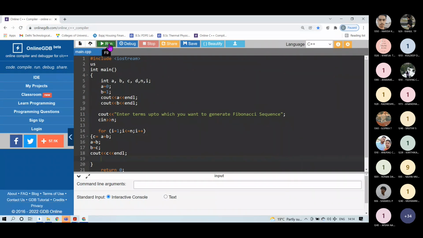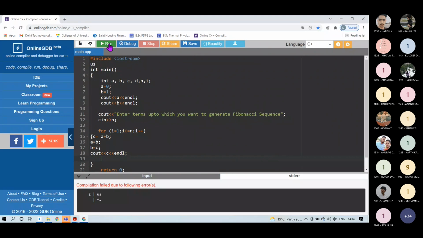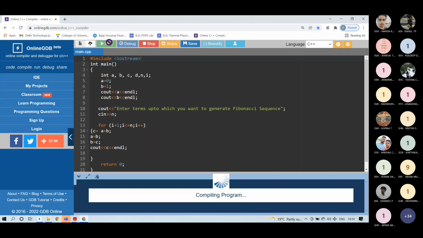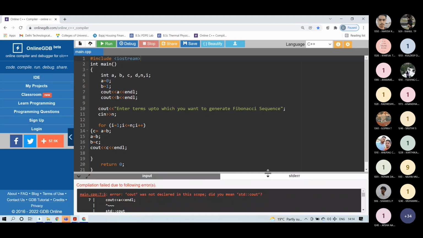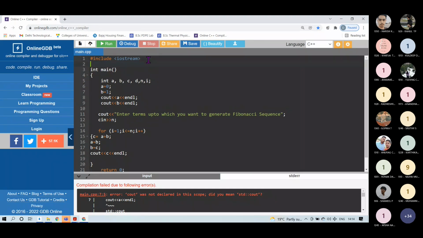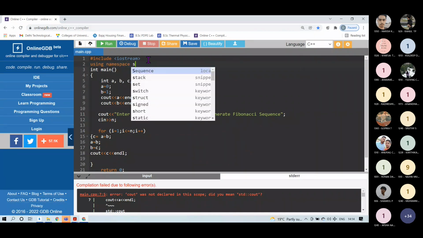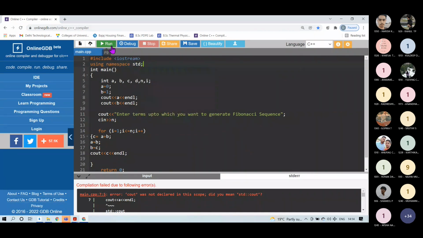Okay, so if I run this program, it will show some errors, which is in second line. Yes, cout a endl, cout was not declared in this scope, so I will write using namespace std. Okay, now I will run.